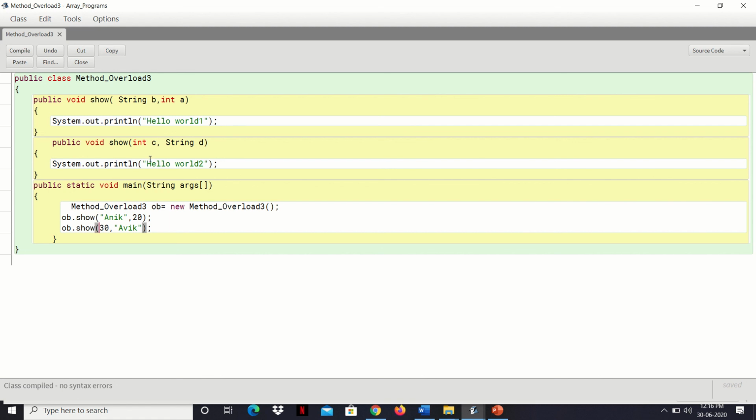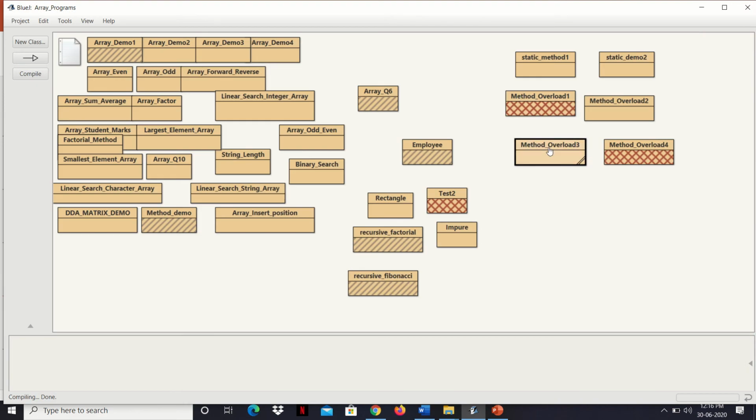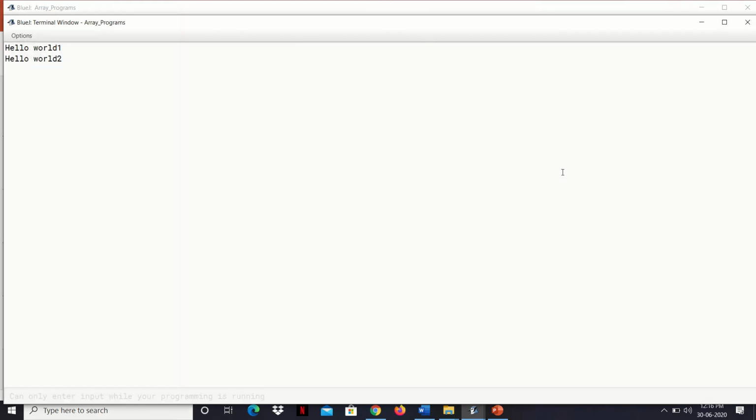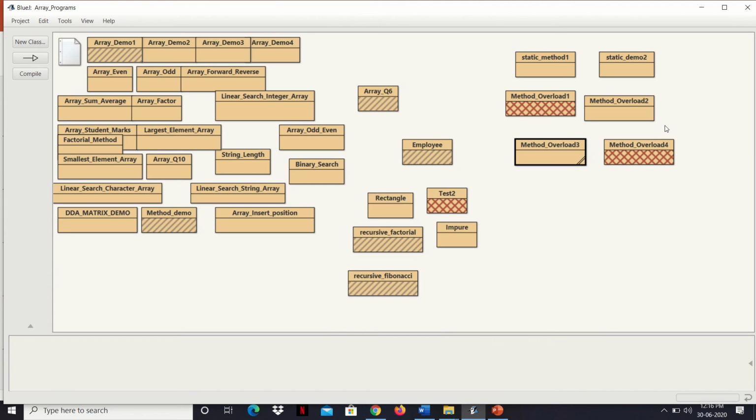So function overloading is what? Overloading means to use it. So same function, show function, in the same class used for different purpose. It is used for string and integer to print it, for string and integer operation, and in this also it is for integer and string operations. Sequence is varying. Okay, now if I compile this, you will get the output like this: hello world 1 and hello world 2. I hope it is clear, students, to this example. Please do comment it if you have any doubt after watching this video completely.